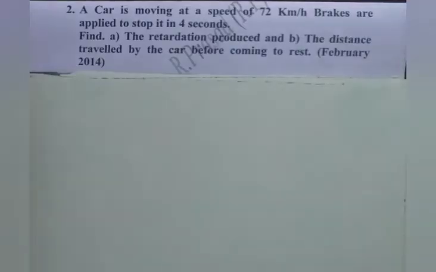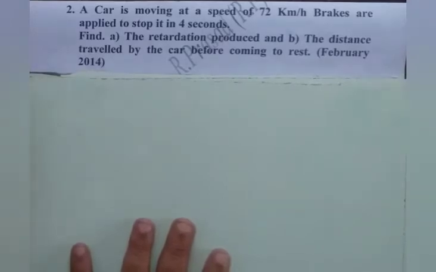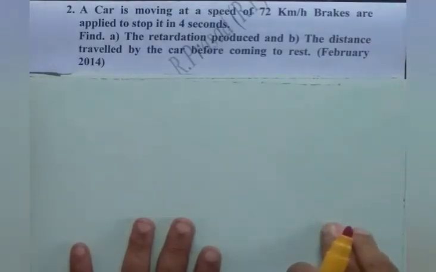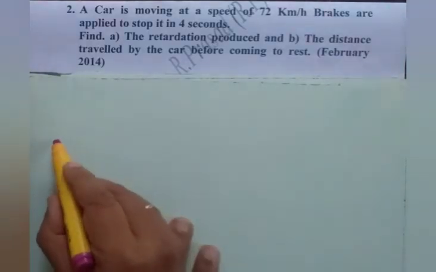Now we read the second problem. We try to apply the same tips, the same manner in which we solved the previous one. So what is our first step here? We need to read the problem carefully, twice, thrice, or even 4 times, so that we can create a picture in mind, and then that can be written here also on the board. A car is moving at a speed of 72 kilometers per hour. Brakes are applied to stop it in 4 seconds. Observe, we read the sentence once again. A car is moving. We write the figure there.